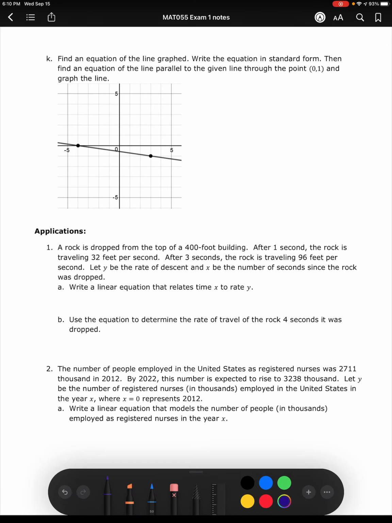Okay, now we're writing the equation of a line graph, and I ignored the standard form. It's not very useful, so we won't worry about that. And now we want it parallel and going through (0, 1). So parallel means same slope. All right, so this line, this is going -1, -2, -3, -4. It looks like it's crossing right at -1/2. So b equals -0.5. And the slope, if I make my little triangle,